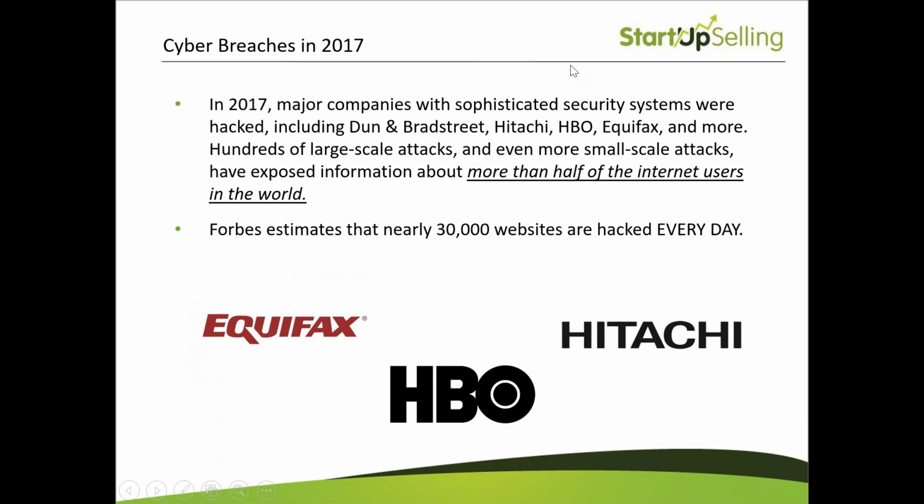Now, 2015-16, now we come to 2017. And in 2017, major organizations that are supposed to have tremendous security protocols in place were clearly hacked. And you know these names really well. These are household names and theoretically sophisticated entities. For example, D&B, Dun & Bradstreet, Hitachi, HBO. You probably recall